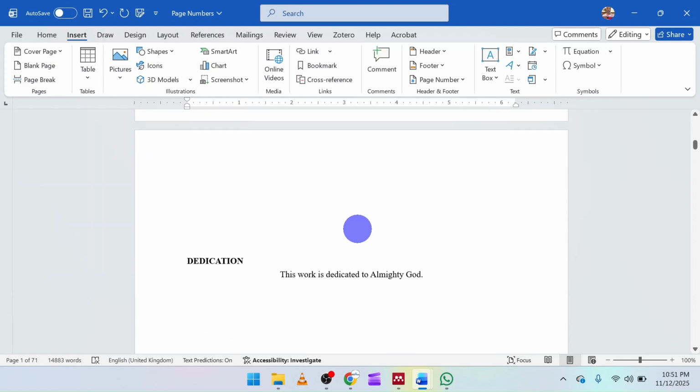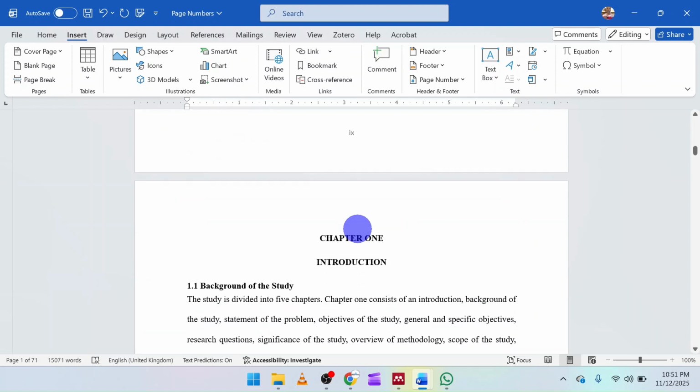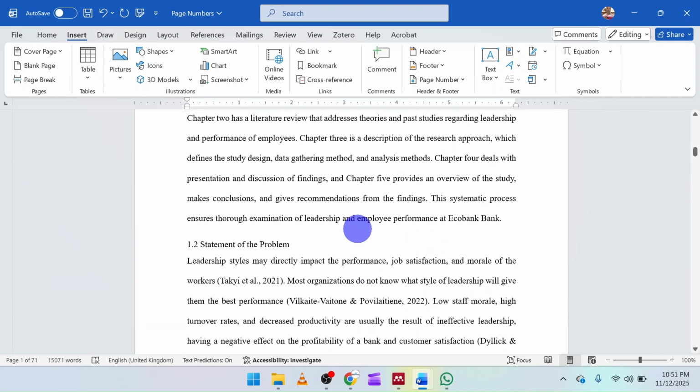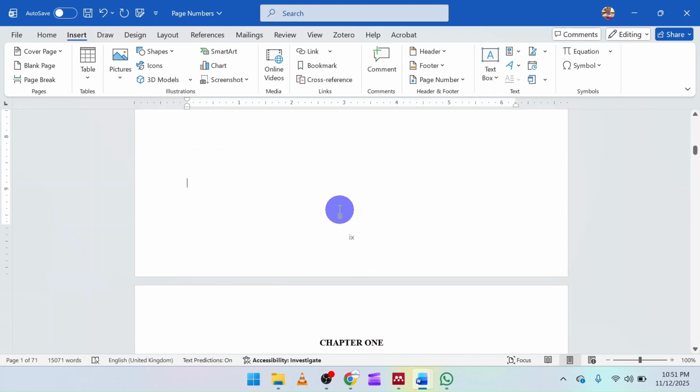Now let's say that you want the body of the work, after the table of contents and all that, to have 1, 2, 3. In doing so, be on the last page of the part that you want to end with. So if you want to start your new page numbering from, let's say, sheet 2, then be on the last page, which is sheet 1. So be on sheet 1, then inside sheet 1 you go to